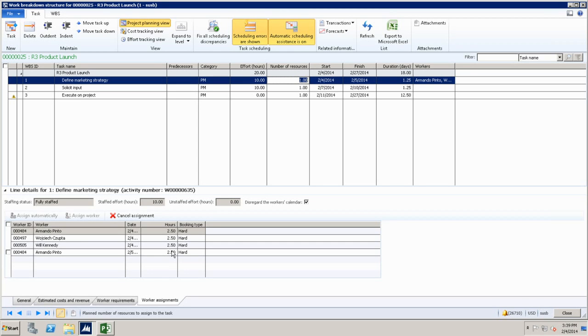Yes. Does Microsoft Project garner workers' capacity? I think that's almost a different variation of the question that you asked, which is, when I open the project in Microsoft Project, do we respect the booked hours? The short answer is no. We don't have a way right now of showing you that this resource was booked for this period of time or this amount of hours, but we don't constrain you. You can exceed or just use it as in AX, but it's not visible to you. The only thing you know is that that resource is in your project team because he or she will show up in the resource picker in Microsoft Project.